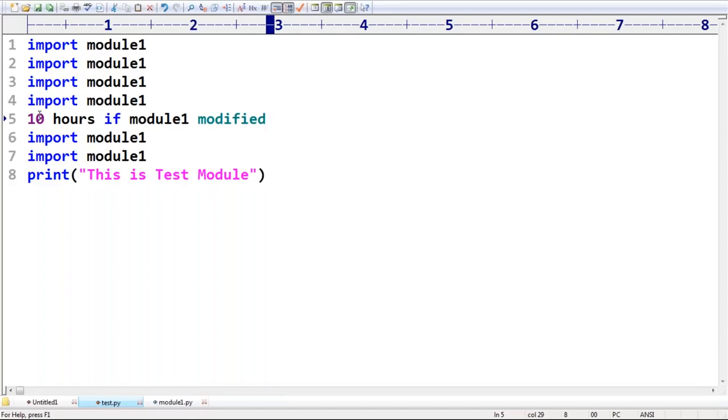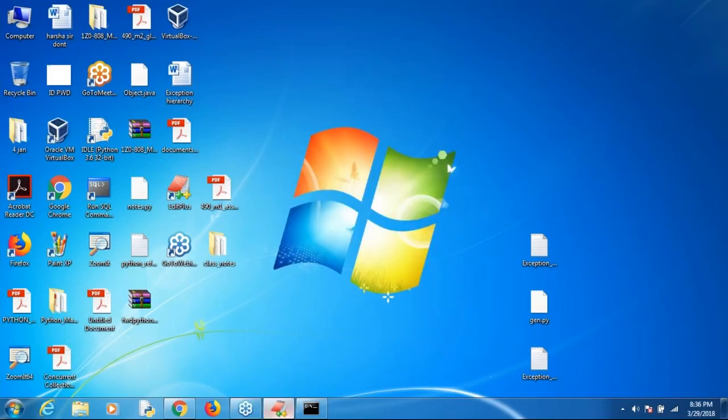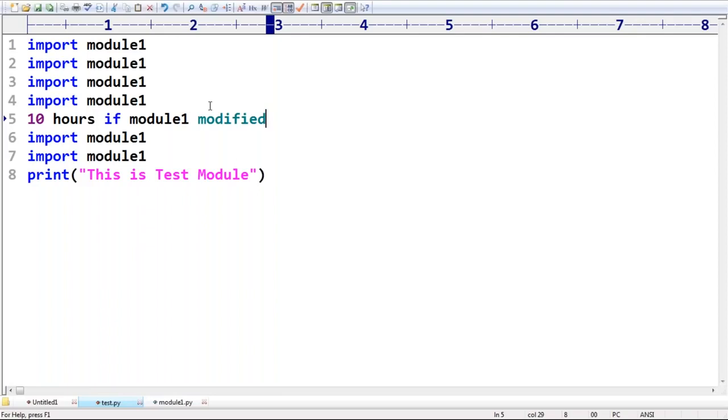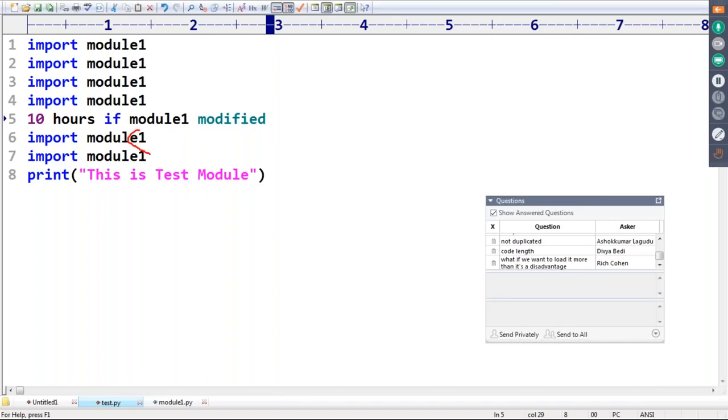After 10 hours, my program is still executing, and this module 1 is modified. Now in the next lines of the code, I want the updated module, but not the old loaded module. By default, the old module is already loaded.